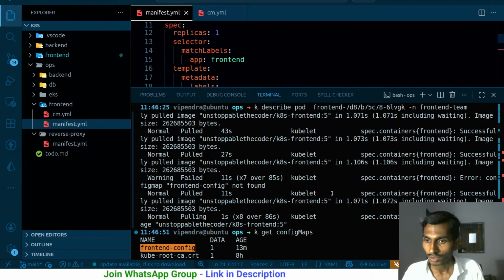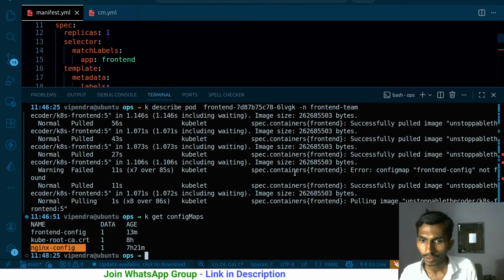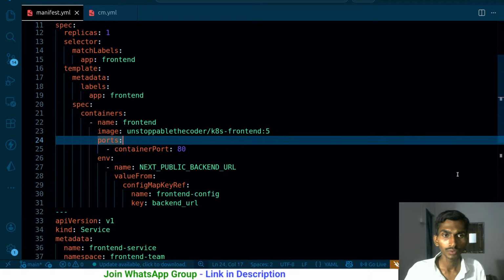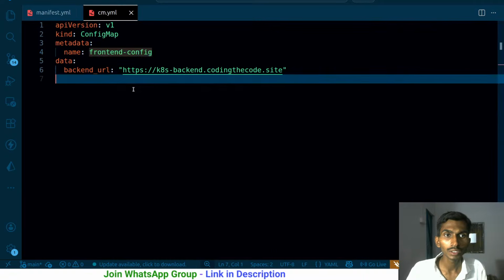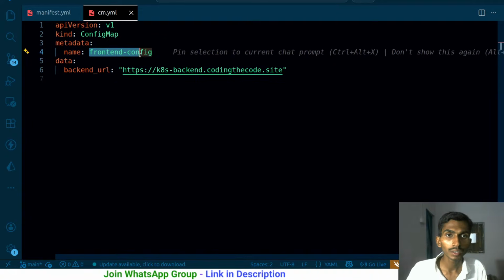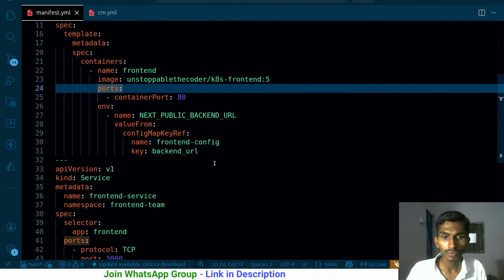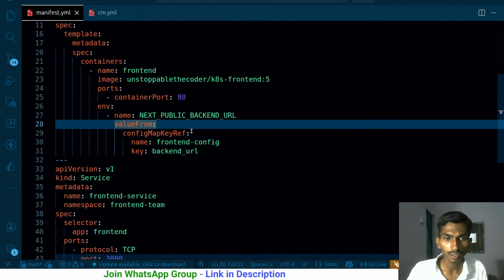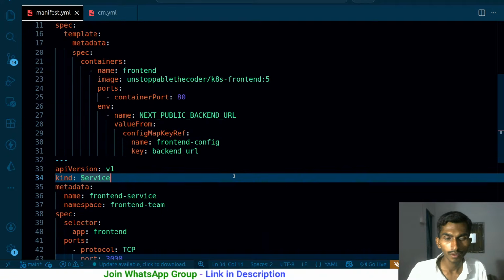over here. The error that I get over here is: error, config map front-end config not found. So the front-end config that I'm trying to get, that is not found. So what have I named my config here? Front-end config. Let me copy and let me paste it here. That's exactly the same value from this. So in that case,